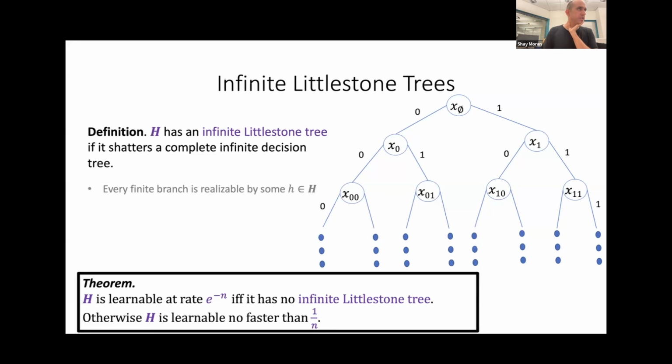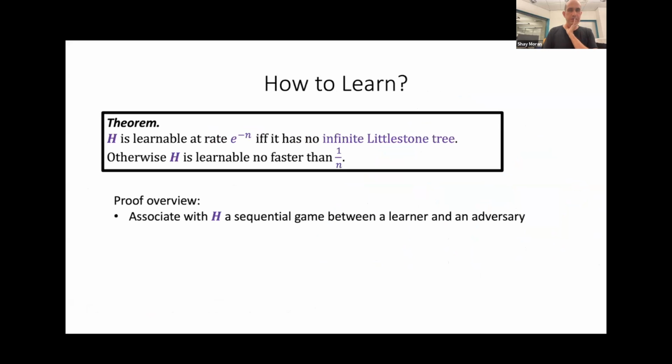Do you want to discuss an example? Okay, let me tell you a little bit about the proof overview, and if you want, later we can discuss an example. Remember that in the VC case, the proof was simply uniform convergence. What you see is what you get. The empirical loss is a good proxy of the population loss, and therefore any function that minimizes the empirical loss is a sound output of the algorithm.